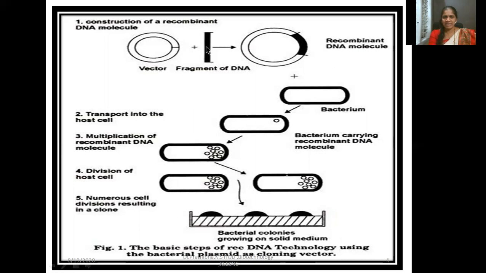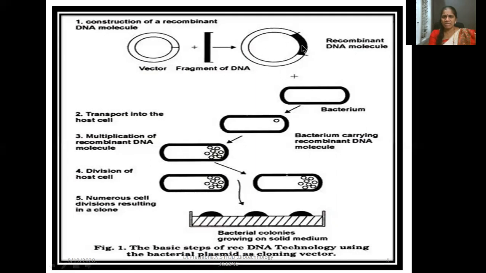Once I cut this DNA, this linearized DNA will be introduced here. Once I introduce it, I need to seal this fragment of DNA or foreign DNA with the vector DNA. To seal them, I need to choose DNA ligase. Restriction endonuclease enzyme breaks the phosphodiester bond between the two nitrogenous bases, whereas DNA ligase enzyme synthesizes the phosphodiester bond between the two adjacent nucleotides. Now the recombinant DNA molecule is ready.